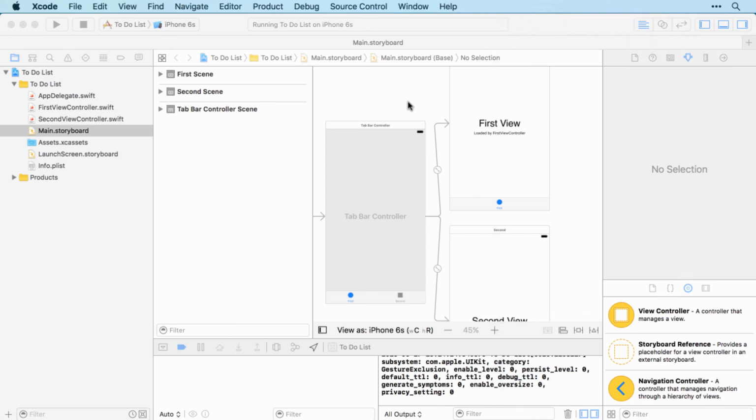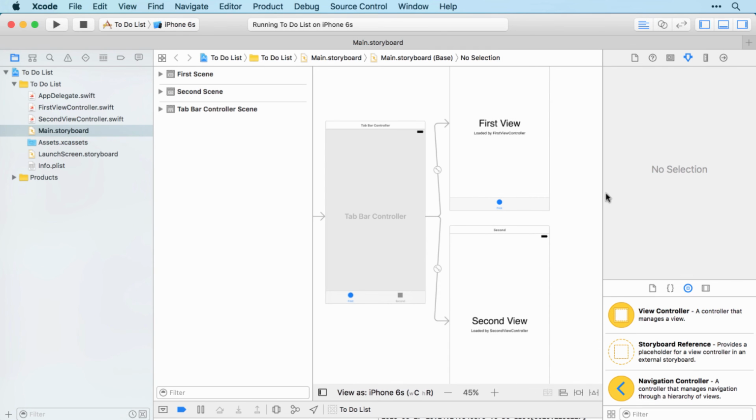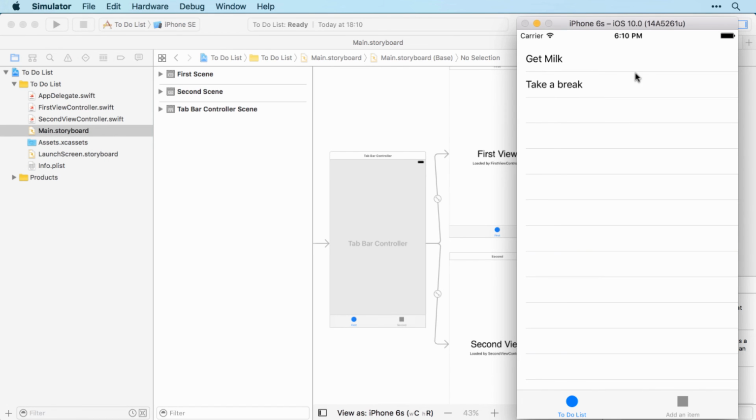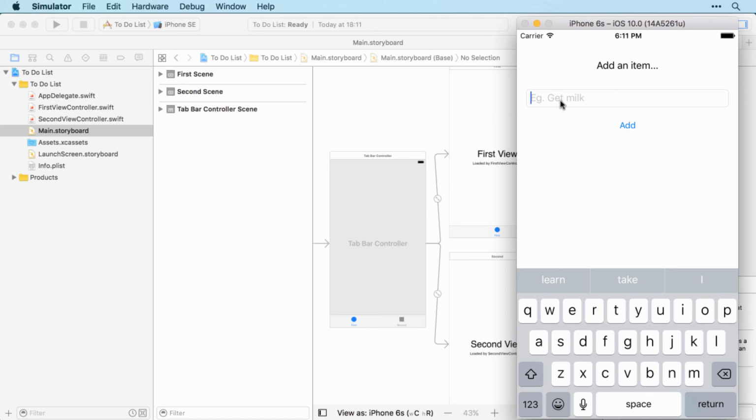All right. So let's have a look at the app we're going to create. And here it is. So the main first view controller is simply a table view containing the user's to-do list items. Then when they want to add a new item to the list, they just click the Add an Item button, which will take them to this page. And then they can add new items in the usual way,